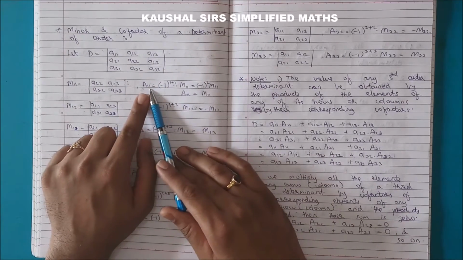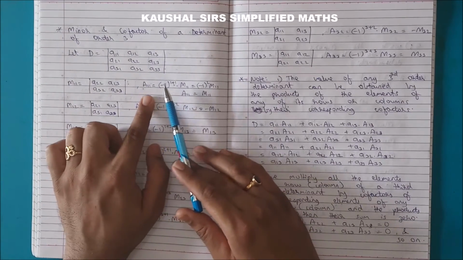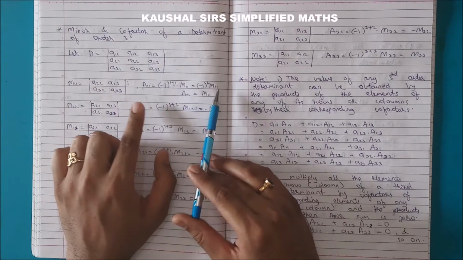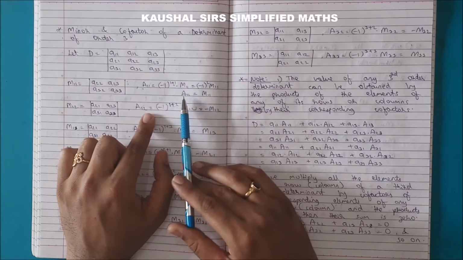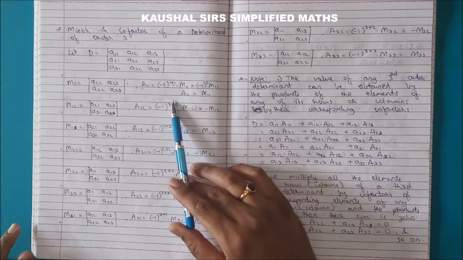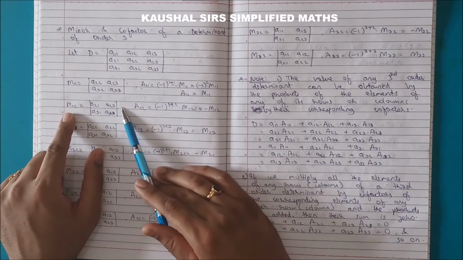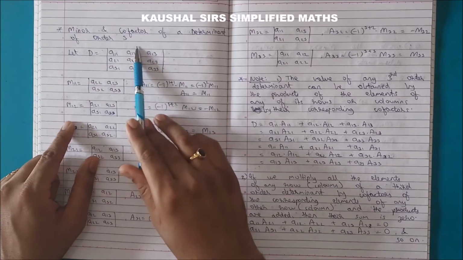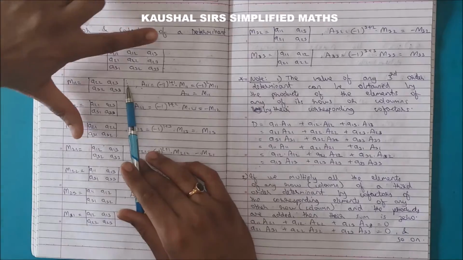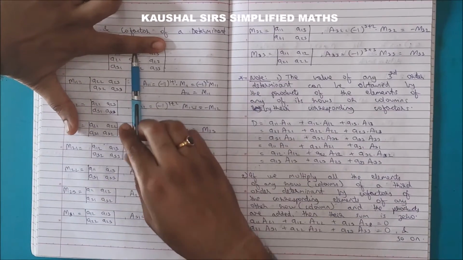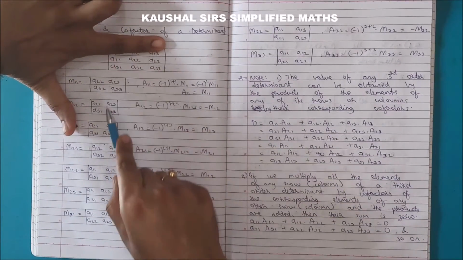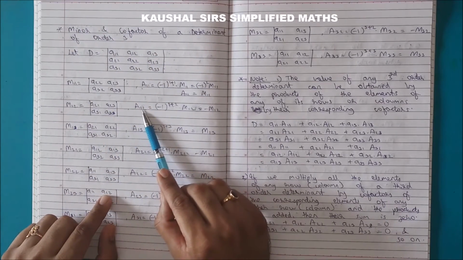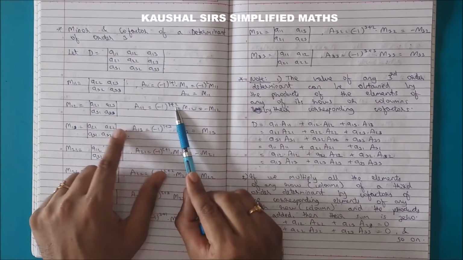Now, what is A11? Again, the formula remains same. -1 raised to 1 plus 1 into M11. यहाँ पे जो value आपको मिला होगा, just put the value and you get your A11. Okay. Now, moving on to the next element, M12. वो कहाँ पे lie कर रहा है? First row, second column. तो उसका minor find करने के लिए just cover the first row, just cover the first column. ये जो 4 elements बच रहे हैं उसका determinant आपको लेना है. Okay. And then we use the formula for cofactor, which is -1 raised to 1 plus 2 into